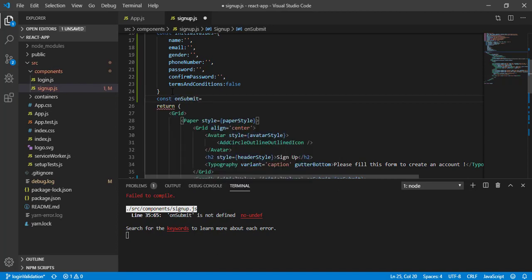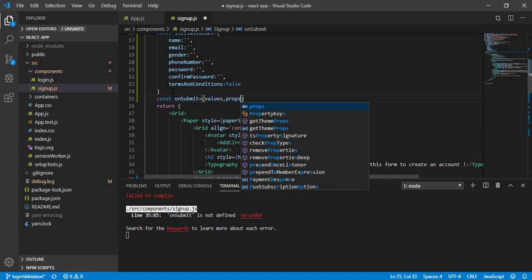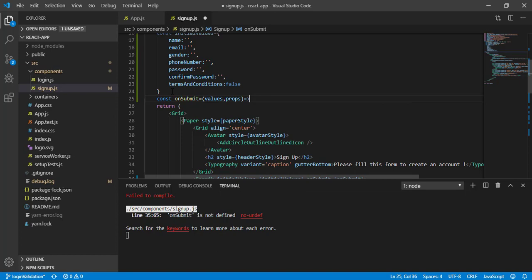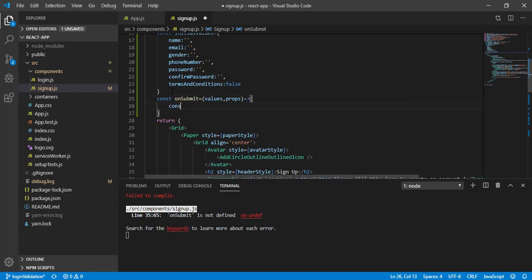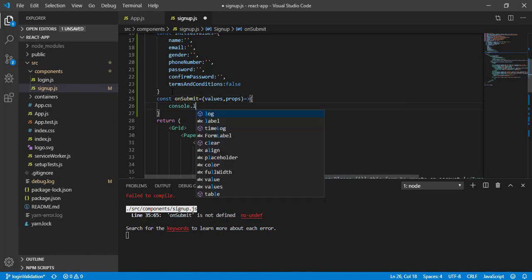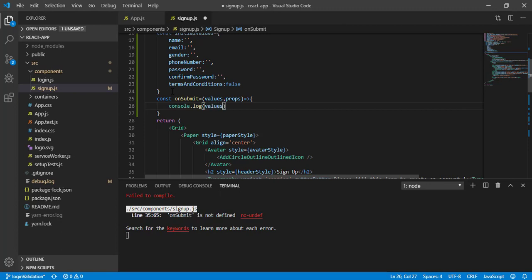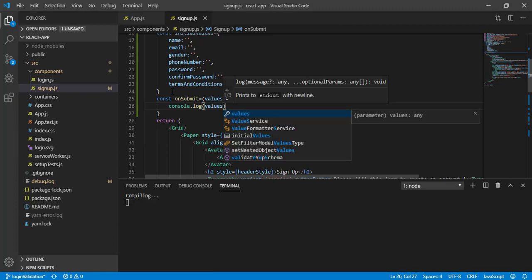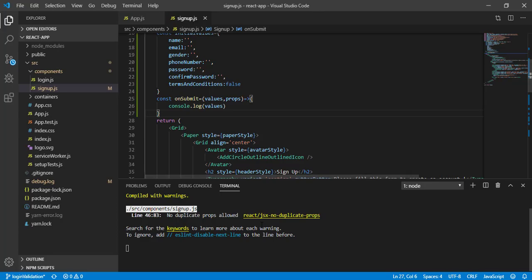This function is going to give me two parameters. First is called values and second is props. Now let's do console.log of the values. Save it, and let's come to the UI.